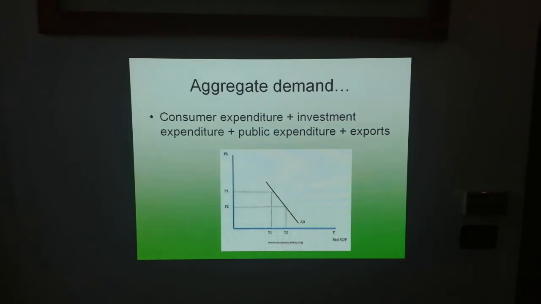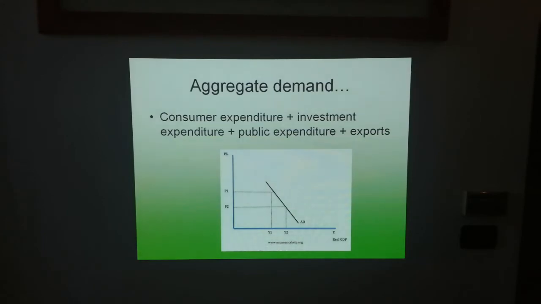Now, first of all, what is aggregate demand? Well, we talked about demand in the microeconomy, in the demand and supply diagrams. We're talking about a particular specific product. But in aggregate demand, we're talking about all the demand together. So we're talking about the macroeconomy, all the demand put together. It's abstract, normally not given a number, but it's an abstract theory. And we talk about it because,